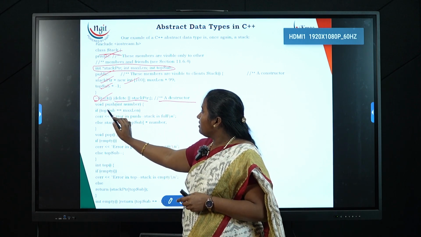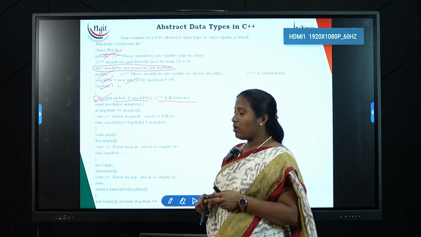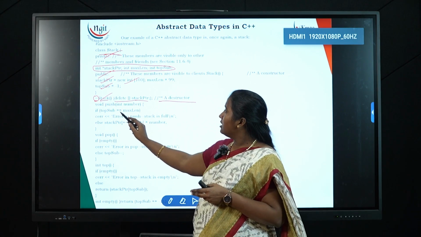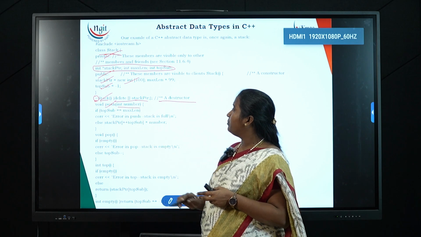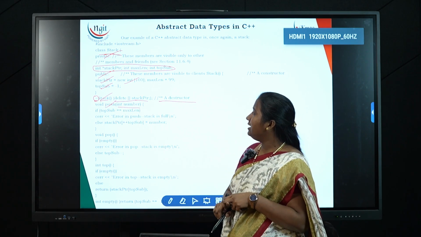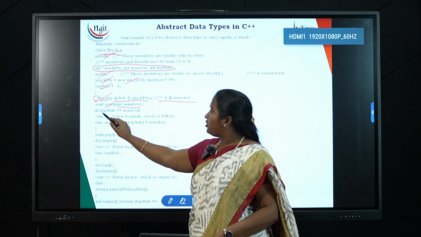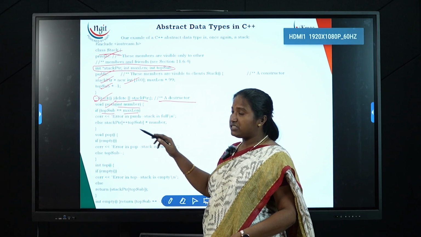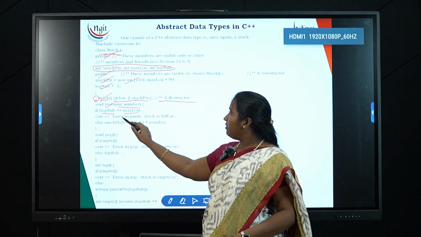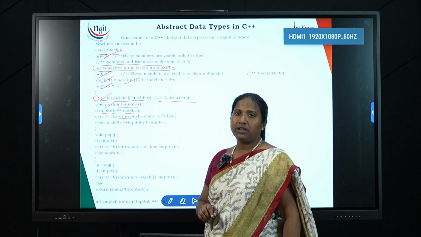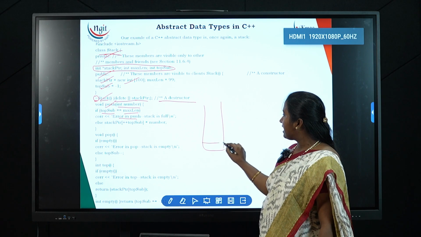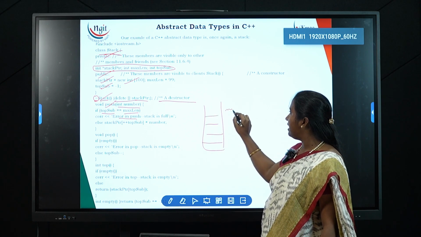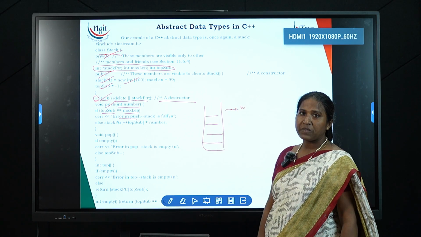Now we were taking a few functions to perform operations on the stack. So what are the operations? Push. Push is the operation, and the parameter of push is int number. If the top of the stack reaches the maximum length, then an error will come in the push operation. It is natural, right? When the stack is filled with the maximum number of elements, let's say the maximum is 10,